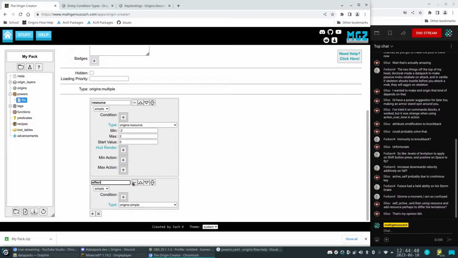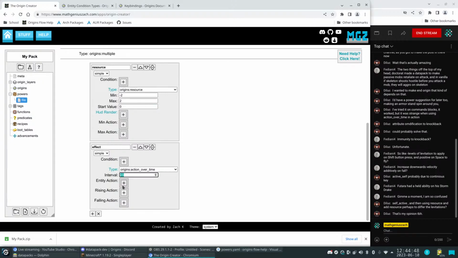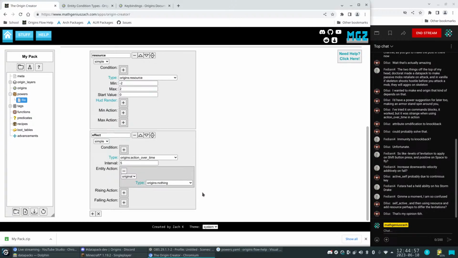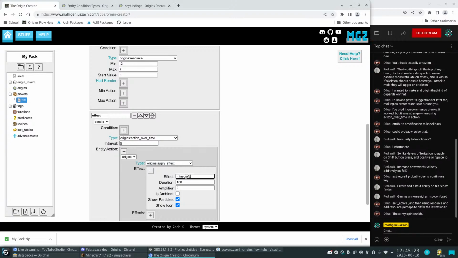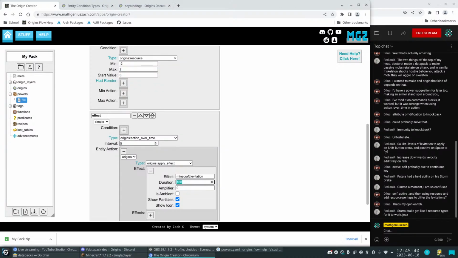In this case, we'll just say effect for this power, and then I can use the action over time. Here with, say maybe a 1 second interval just for the fastest effects, or maybe 5. Yeah, I guess I'll do 5. You don't want this to be too small, like 1, which is the minimum, because it could lag out the server. But let's say entity action of applying an effect. So we'll apply the effect levitation. Forgetting if that's how you spell it. Levitation, yeah. And then this is the duration in ticks. Since we have a 5 second interval,